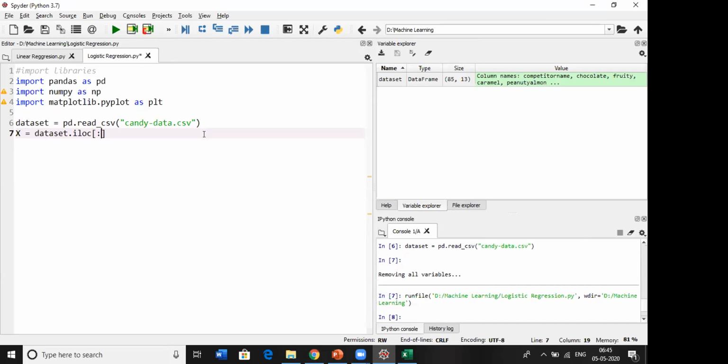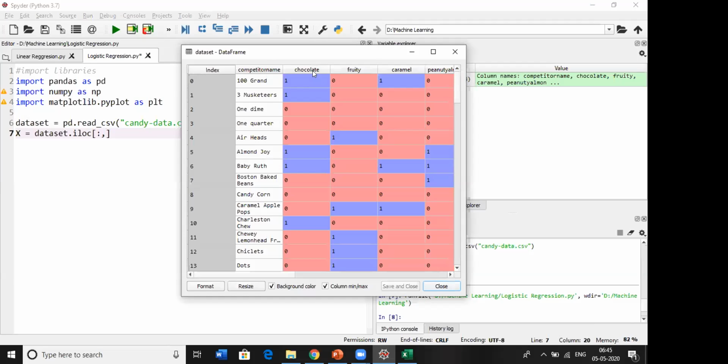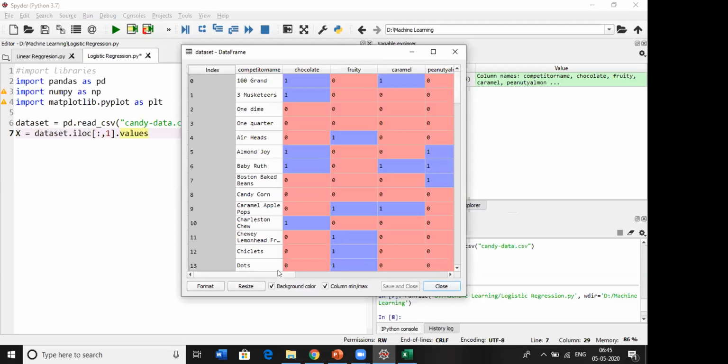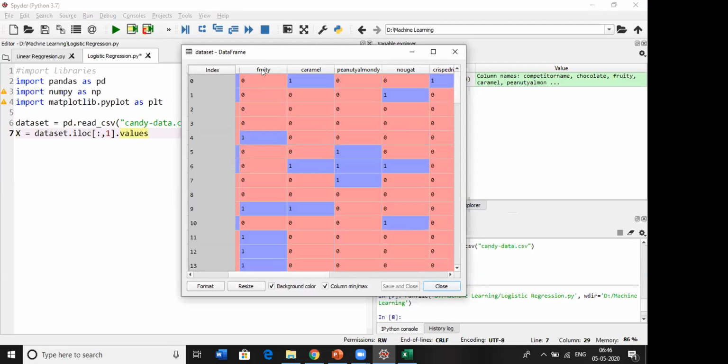We need all the rows, comma, and what columns we want: the index is 1, so we put 1 here, and of course we want all the values. Sorry, x is the independent variable, so from index 2 we want all the rows.